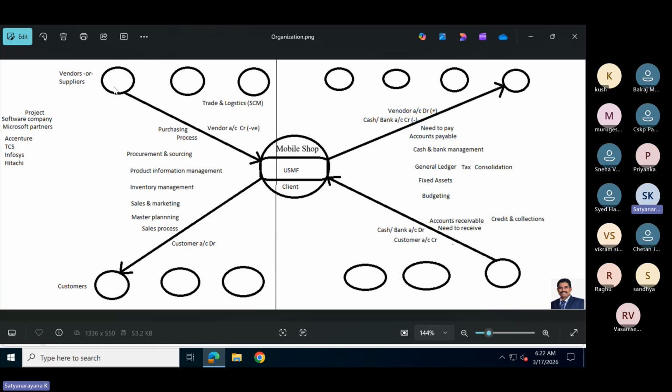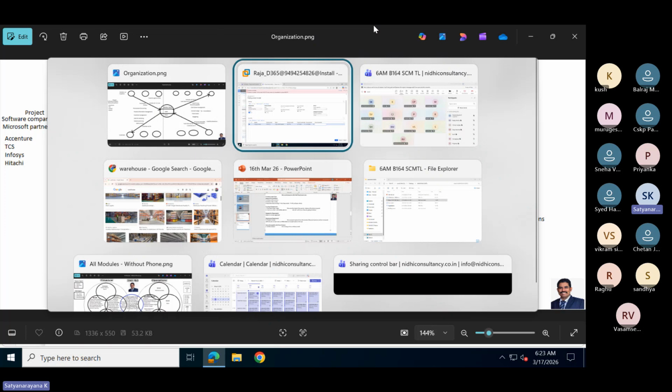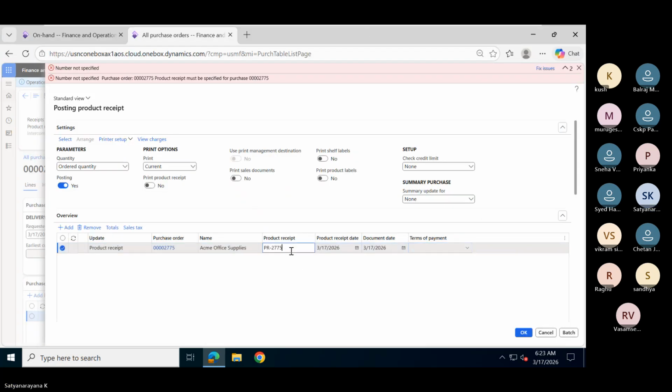They need to generate a delivery document. The vendor has to deliver the material with one document; without it, they cannot send it to your company. That document number is your product receipt number. This is very, very important.